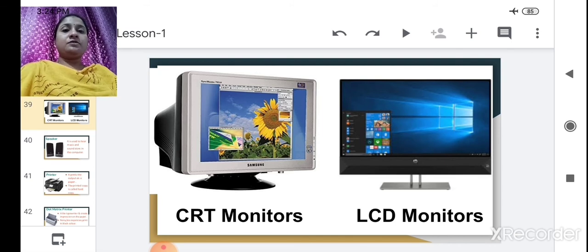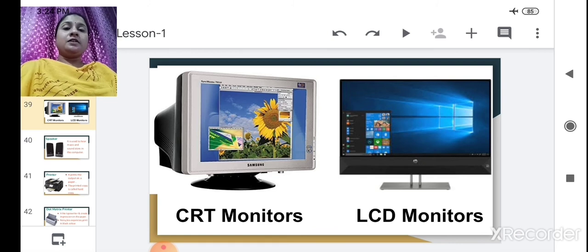This webcam is used to take still pictures, and nowadays we can do video calling through this web camera. Even video interviews are taken through webcams. We also saw a microphone, which is used to record our voice and give it as an input to the computer.